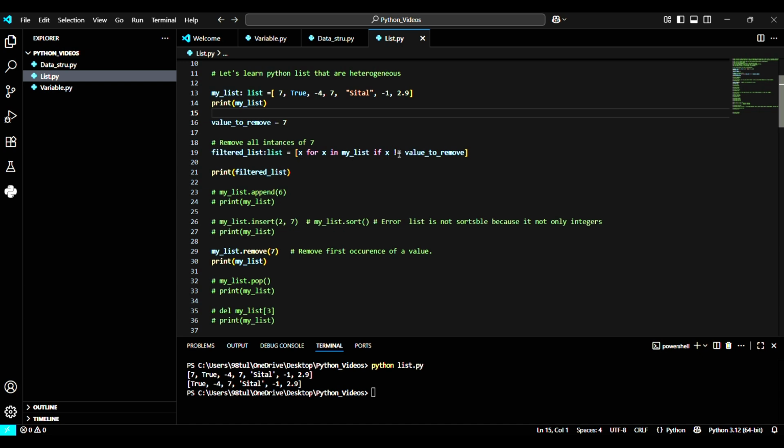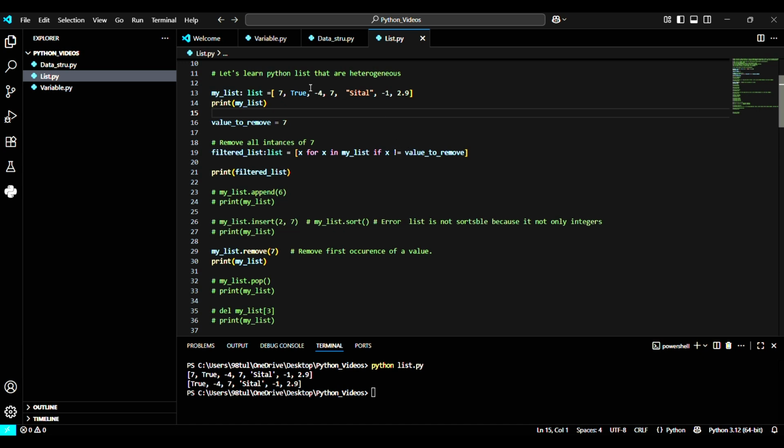Here I am using iteration. I have written if x not equal to value_to_remove. Here this is the sign of not equal to. When we apply iteration, it will check whether x is equal to value_to_remove or not. If x is not equal to value_to_remove, that means 7, then the value will get stored in the filter list, and it will repeat until the condition is met.